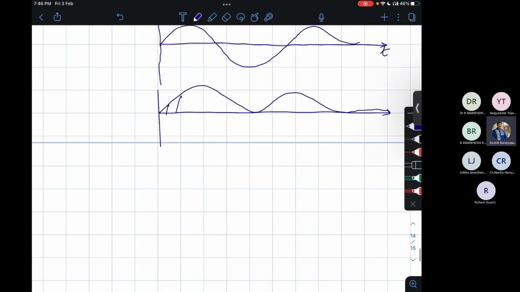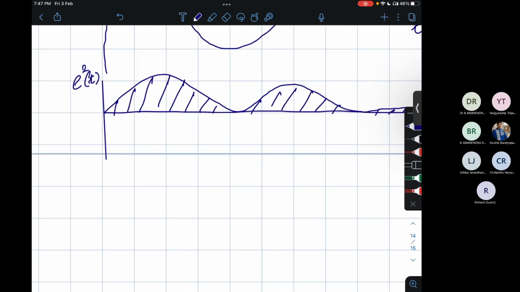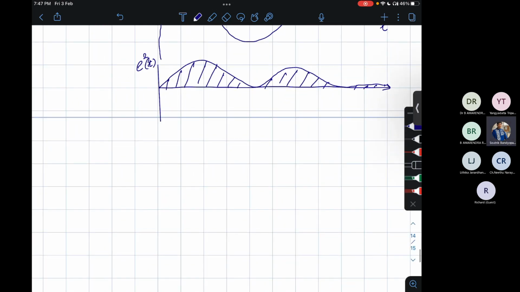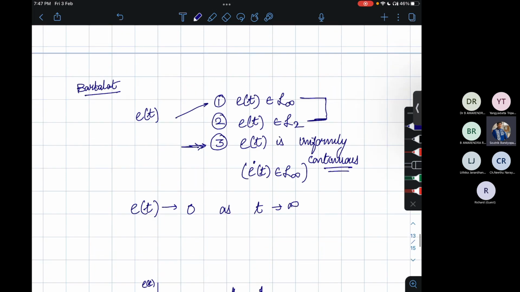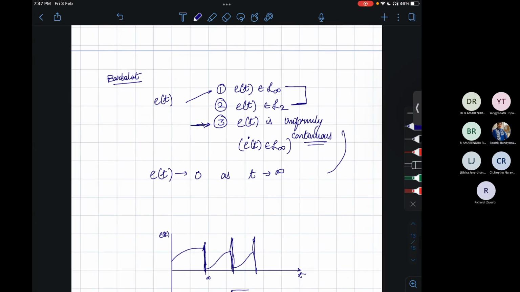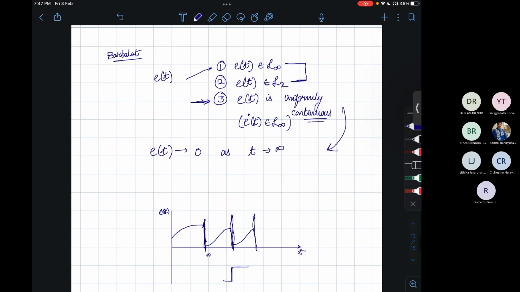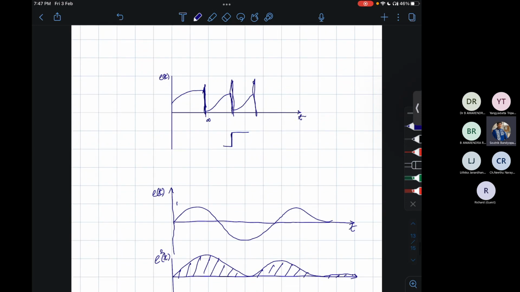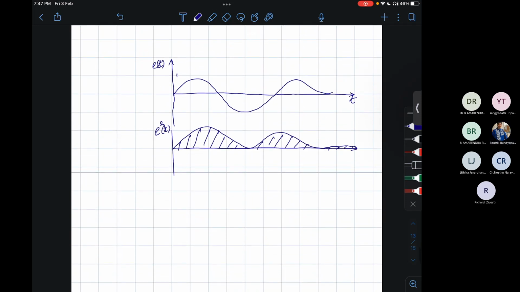Now the area under the curve of this square, e square t, let's say this is not bounded, right? So in order to prove that if these conditions hold, then e of t dies down to 0,